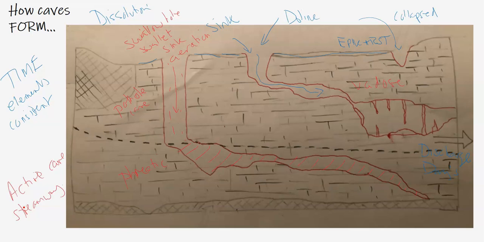Now, obviously, with the phreatic, there's going to be water because it's under the water table, but with the vadose, there's streams or flow of water through this cave, but you'll have a lot of areas of just air, but could also be wet. You might get some drip water coming through the limestone right here into the cave ceiling,